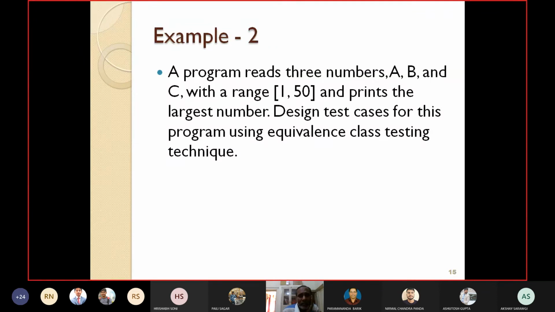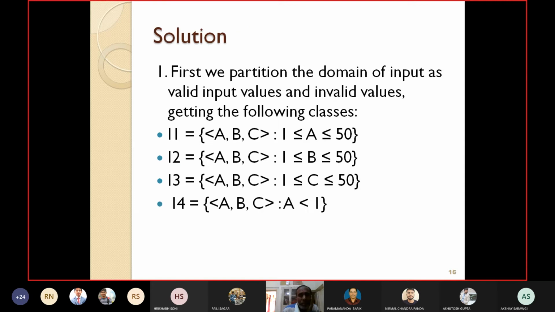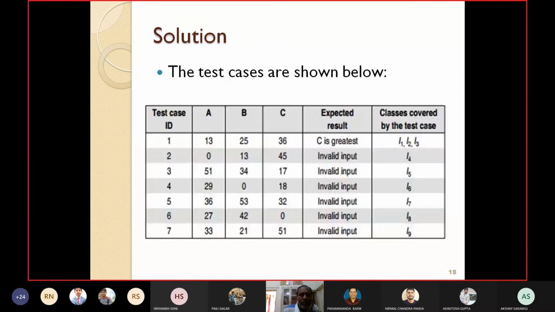That doesn't matter. These are sample values only. For B you can take -5, and for C you can take 51, no problem. I am now considering only the variable A, and as long as one variable is invalid, automatically the whole output will be invalid. Okay, so that doesn't matter.